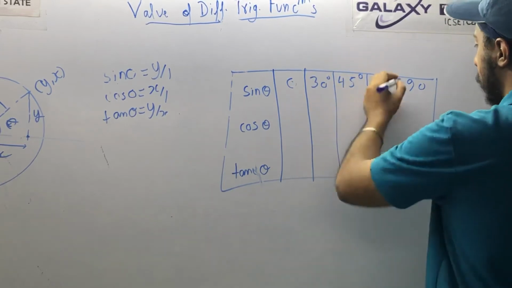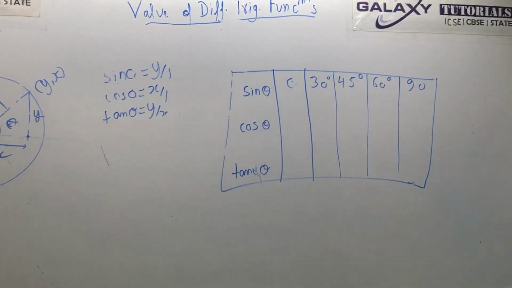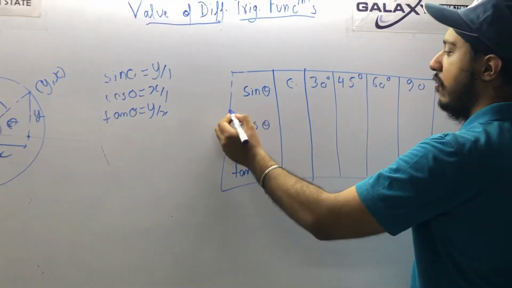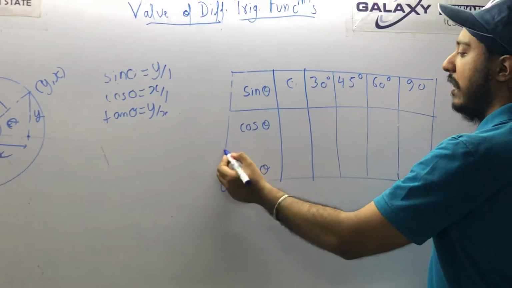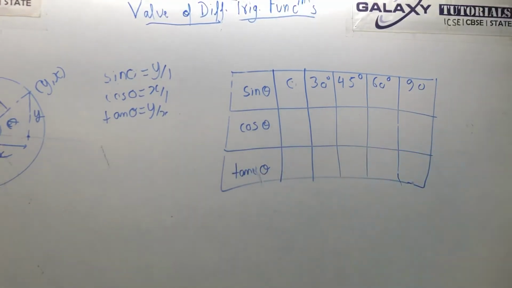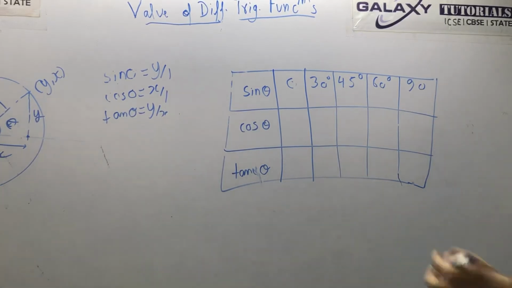These are all values you must already remember, but for those of you who don't remember, I am writing these values for your convenience, because I am going to use these values later on. That's why I am trying to tell you this.